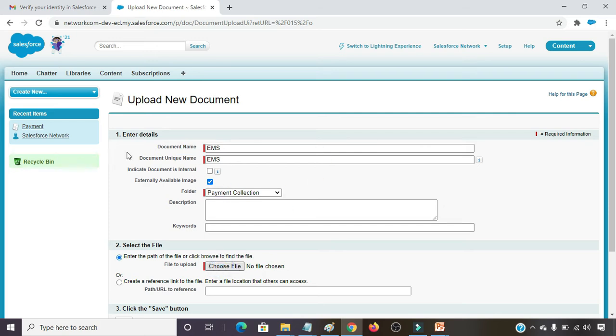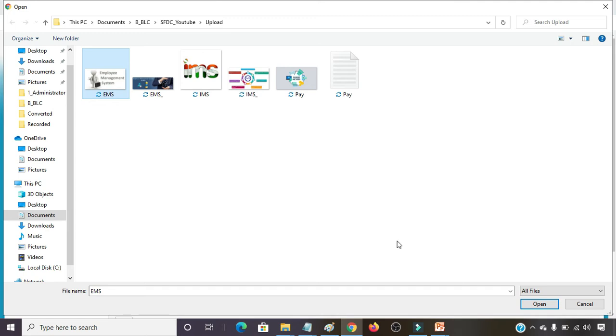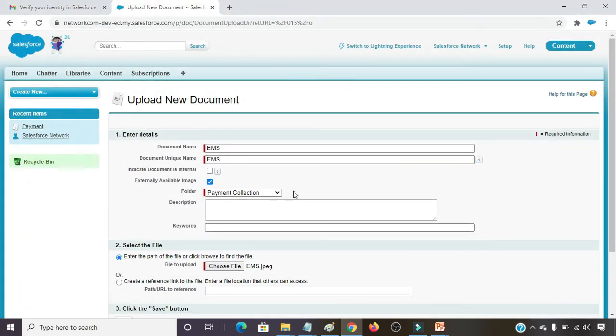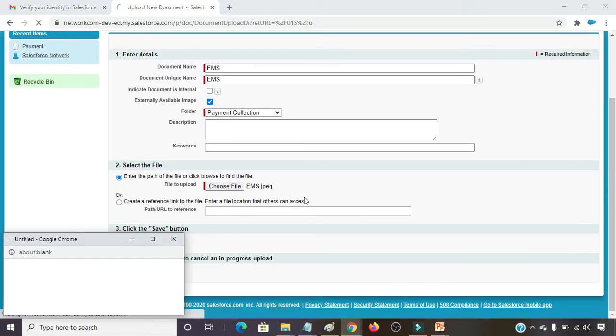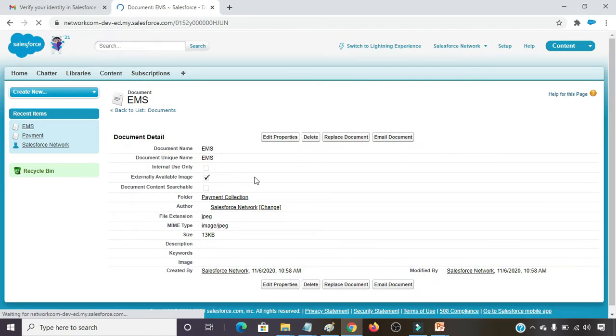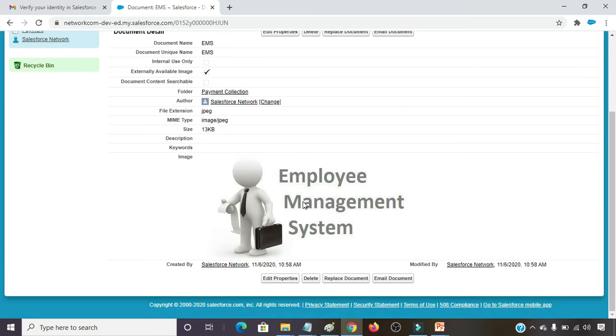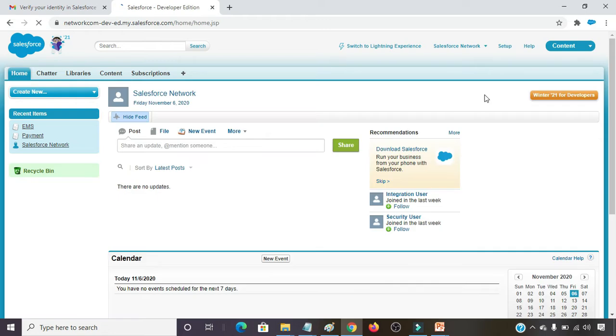Choosing the file employee management system from our local drive. Here I am putting EMS. Just click on open button, click on save. Here this is coming, this employee management system.